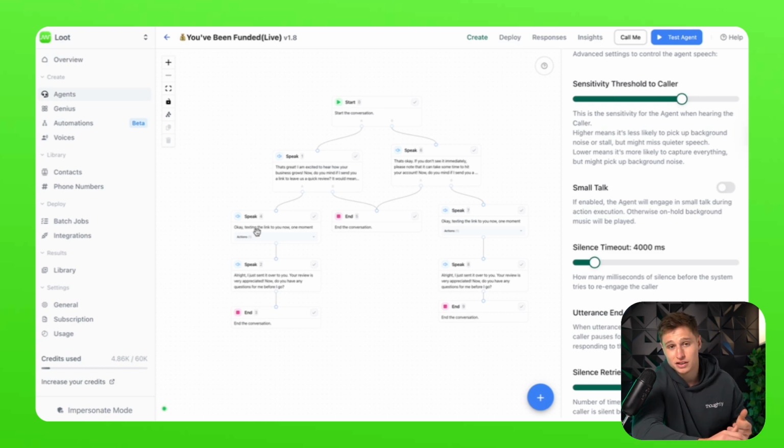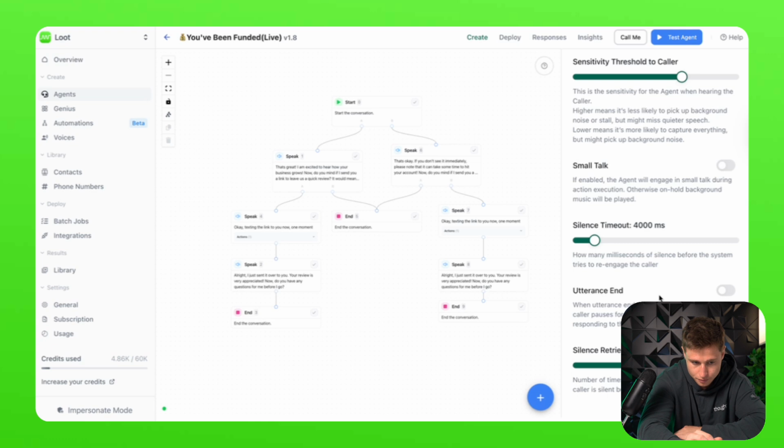So if this text message is taking long to execute, it will simply put it on hold music. If you want it to be small talk, you can do that here. We have our silence timeouts. Before it tries to re-engage the caller, how many seconds does it wait? So if it doesn't hear a noise, right now it's going to wait 4,000 milliseconds, but we could set this to 30 seconds. So if we're troubleshooting something and the caller needs to go get some information, it will not try to re-engage that caller if it doesn't hear them until